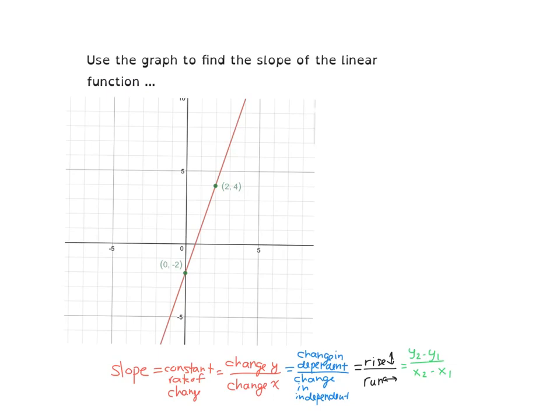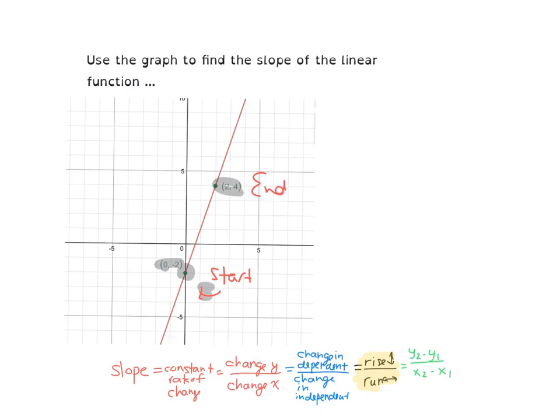Given this graph, let's find the slope using the rise over the run. So the first thing we have to do is pick a starting point and an ending point. So I can see that these 2 points are on the graph. So just because I'm deciding right now, let's start at the bottom here, and let's pretend this is our end